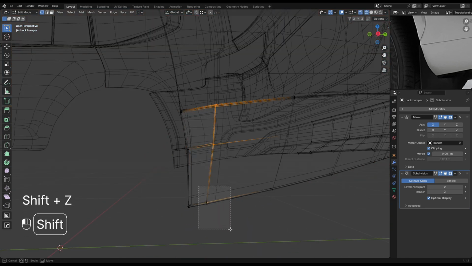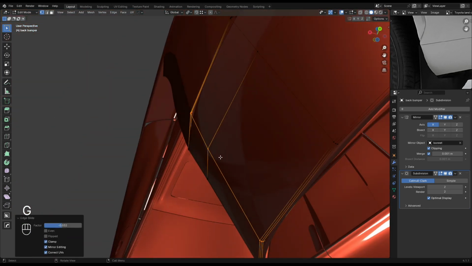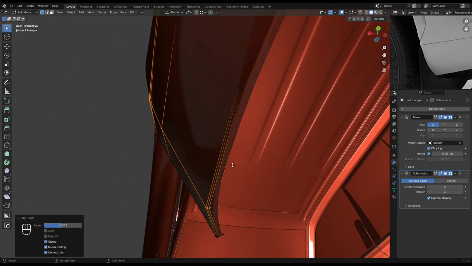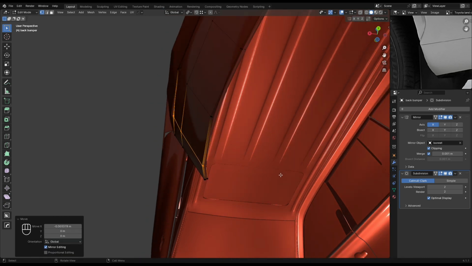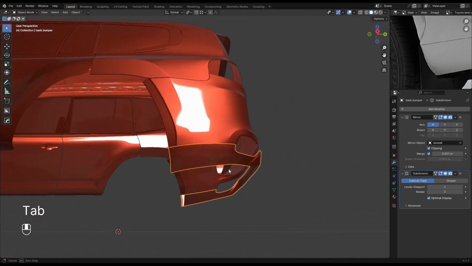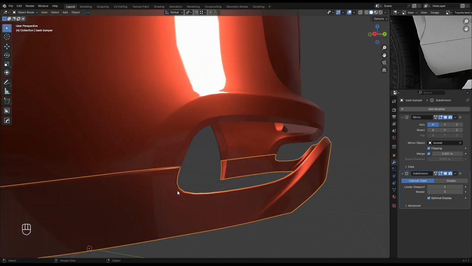Select all of these, slide them here, and I'm gonna move them in. We have to tighten up this corner a bit,